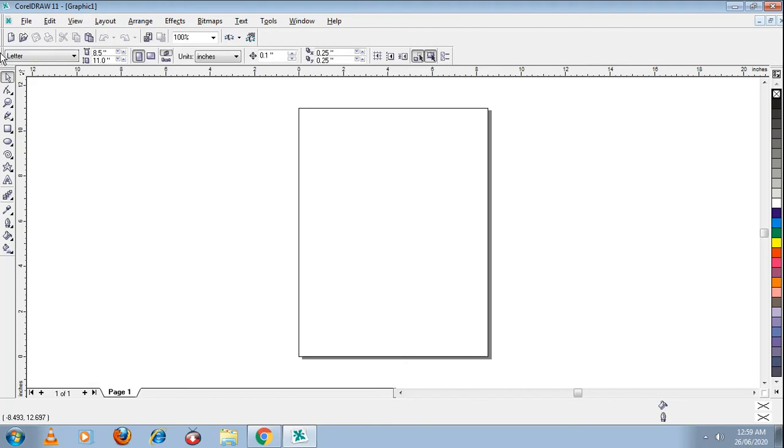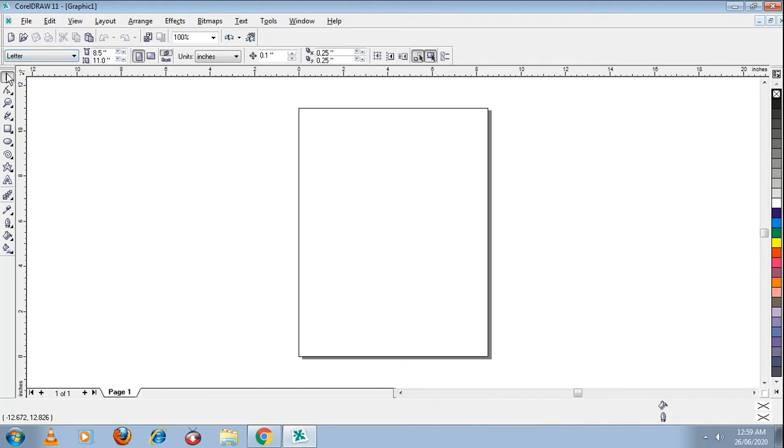Below this standard toolbar we have got the property bar. Can you see this property bar? This is the paper type it is showing, and margins, that is the height and width of the paper. This is orientation, portrait or landscape. Likewise there are many more properties for the paper it is showing me. This property bar is the most used area in Corel Draw. What is it used for? This property bar gives me the properties of the current state, that means the current selected option. Now nothing is selected, so that's why it is giving me the page properties.